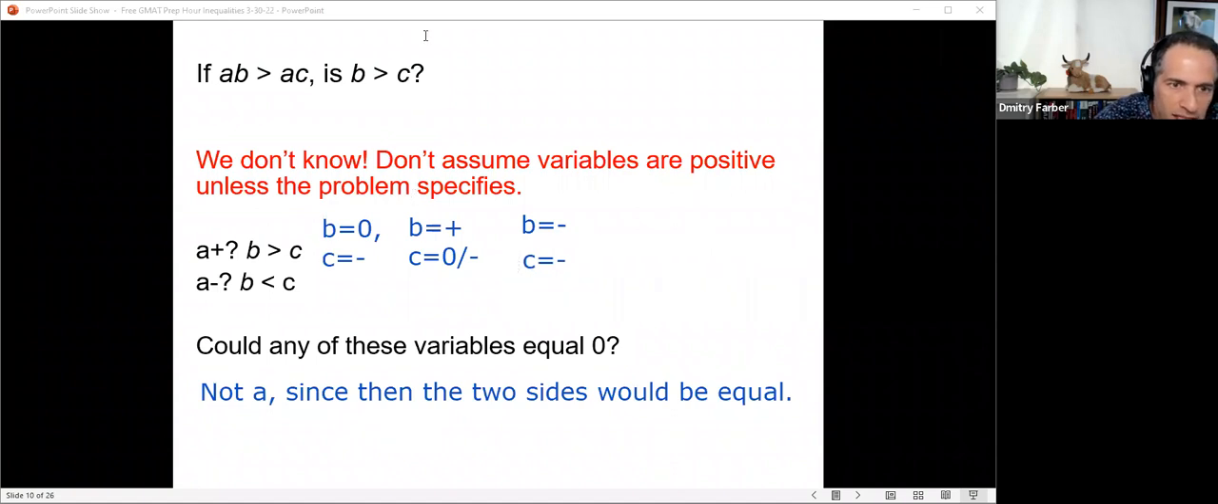If B is less than C, it just flips the other way, right? We'd have the same kind of thing, right? So C could be 0 and B could be negative, or B could be 0 and C could be positive, right? Okay. So what this gets to, by the way, now that we're testing all these different cases, is one